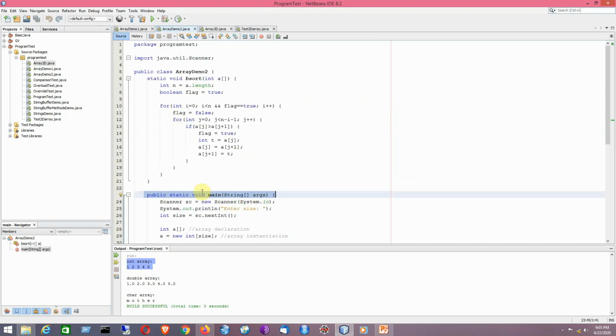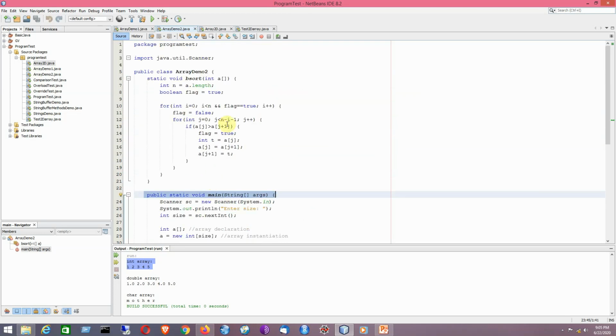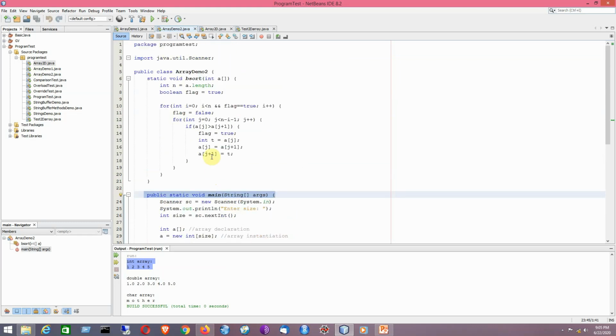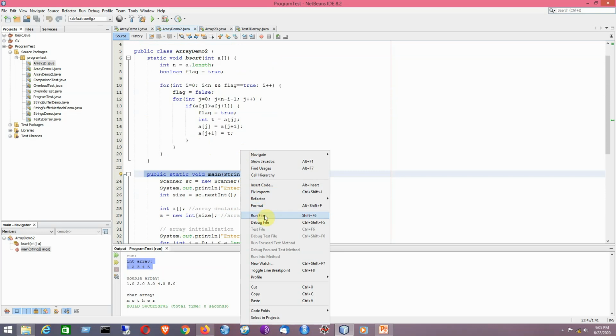Then I will be calling the function named bsort, which will be basically performing the bubble sort technique. And after the function has done all its work on the given array, the final output will be shown here, like the sorted elements of the array will be shown at the end. So that is the idea of this program. It's a very simple program. I have just tried to use the bubble sort technique to sort a particular array which is basically unsorted.